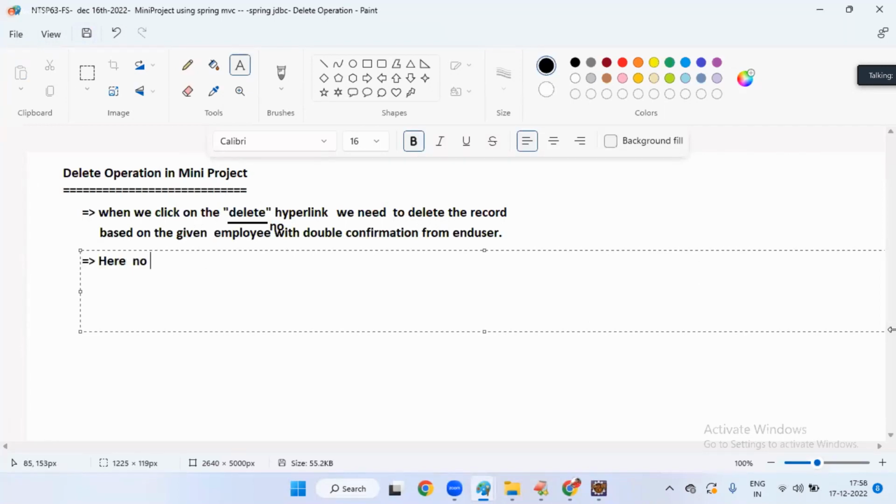Here, no form launching and form submission activities are there. Okay, only, what is there, boss? No form launching, form submission activities are there. Only